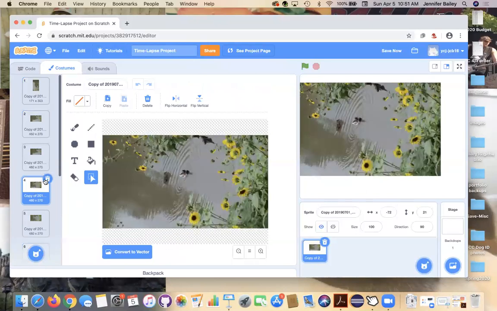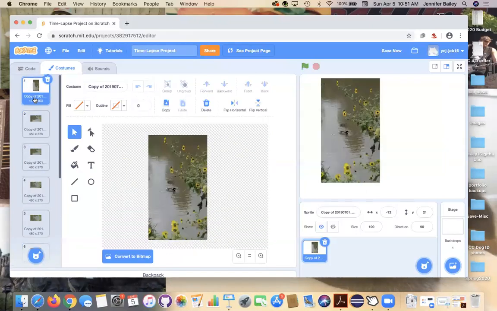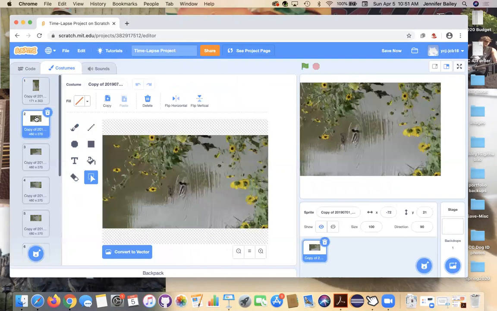Okay, so why did we do this? Because this will allow us to use the switch costume options, which we've done in other projects, to do the stop motion effect. It's a lot easier than if they were all separate sprites, which would get very messy over here and be very hard to make look nice. So we're going to do it this way. And this process is going to be a little tedious, and I'm sorry for that,